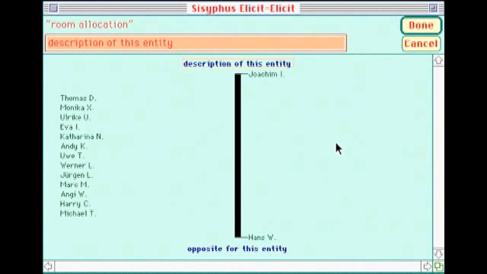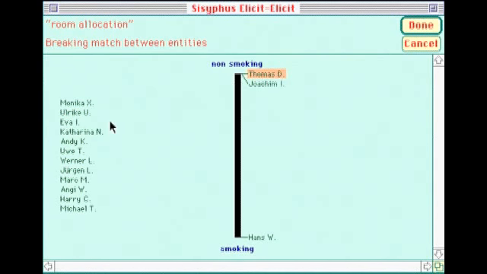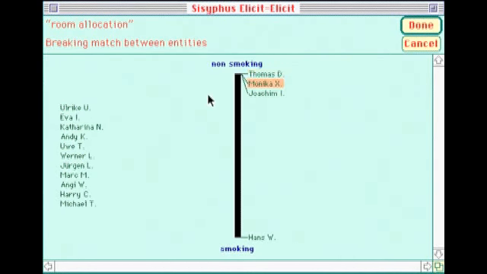KSS0 creates a new skeleton construct with the two people rated at opposite ends and asks the user to name each end. The user types in non-smoking for one end and smoking for the other. The user then rates the remaining people in terms of this construct by dragging their names to one end or